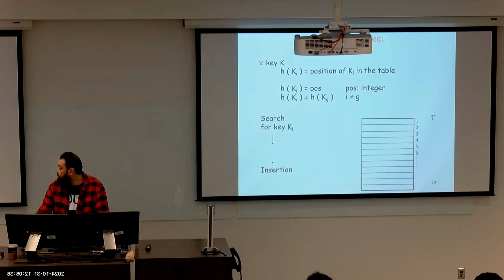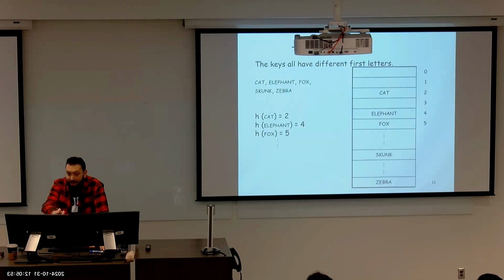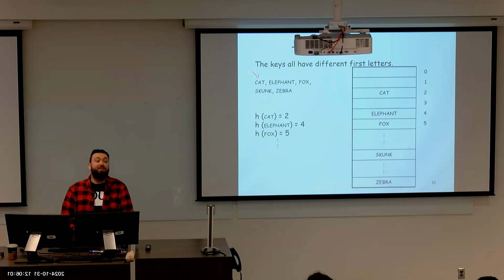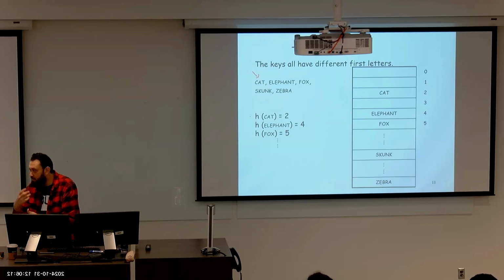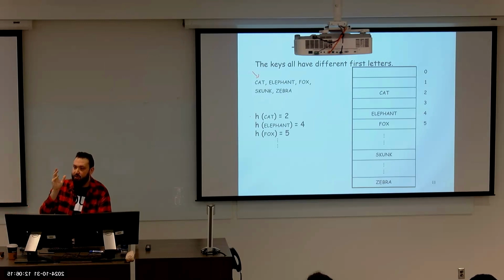So let's take a look now at more concrete examples. If I want to search for a key here, and I know that this is my table, because it's a table, that means it's going to be O(1) if I know the index. Very good. Now, another thing, as we said, let's say you don't have a student number, and we're going to go with names. So we need to think about a strategy to generate this key, to transform whatever I have into an integer. Because if I want to work with indexes, I need to work with something that is an integer so I can be able to